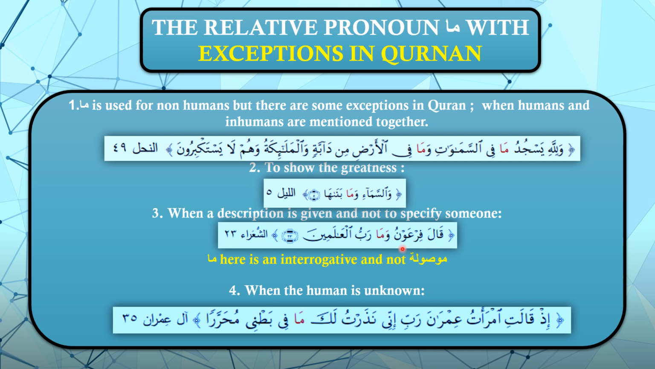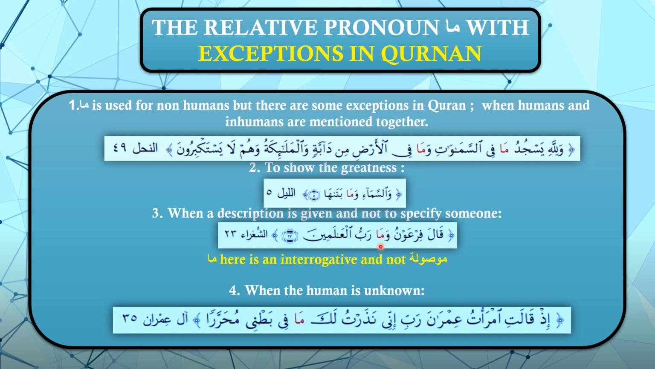قَالَ فِرْعَوْنُ وَمَا رَبُّ الْعَالَمِينَ. Now here you can see the ma mausula is more of a questioning tool. And why did Fir'aun use this ma as a questioning tool here? Because he knew the existence of Allah subhanahu wa ta'ala, but still he wanted to rebuke and make fun of it,